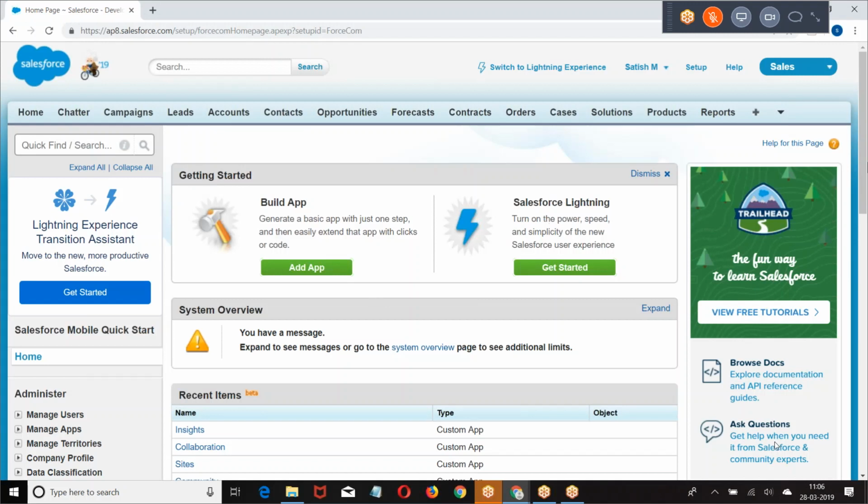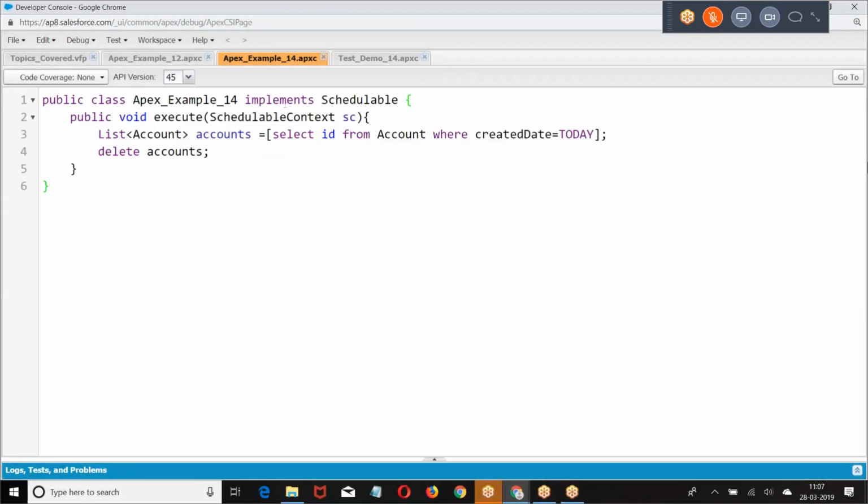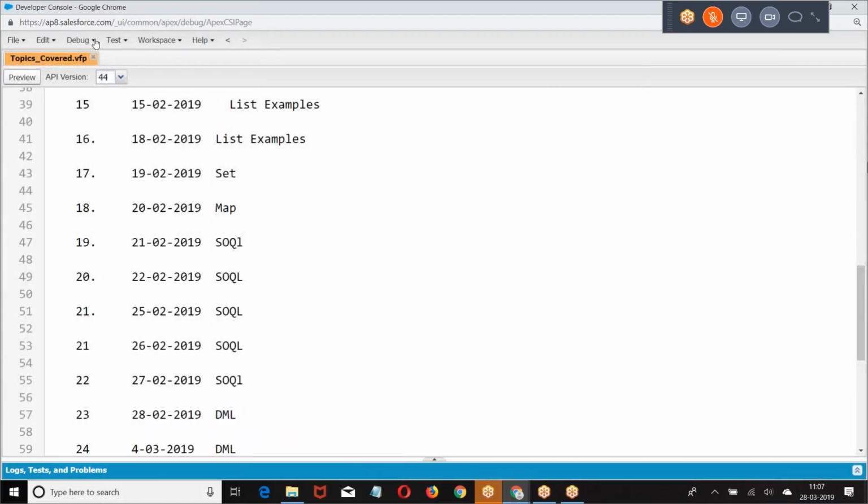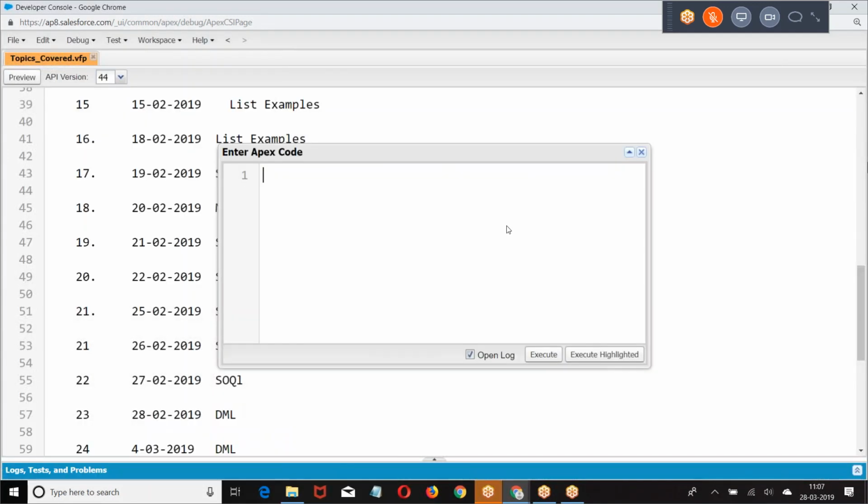Let me repeat the topic. Let me repeat the same example. What we do from the beginning, one step at a time. In the list, if you are adding an element, where is the element added? Let's say a list of... so where is the element added? The element is by default added at the last position.